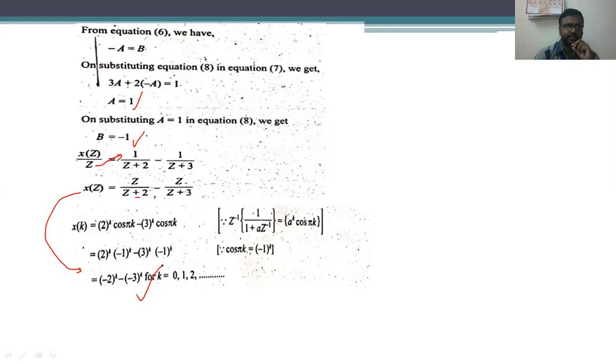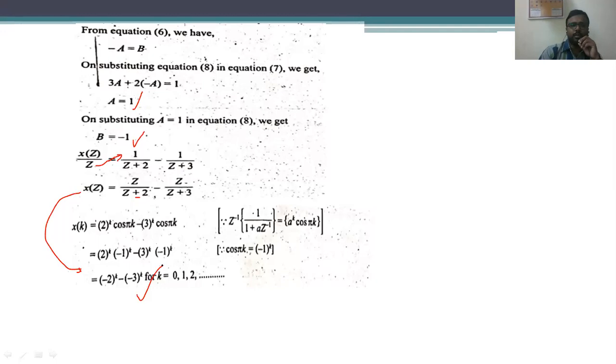For calculating the difference equation, we are going to apply the z transform, and we have to assume or consider the initial conditions, that is x of 0 or x of 1 and x of 2. Okay, so depending upon the requirement, we are going to assume or consider the initial conditions of the difference equation, and later on we are going to obtain the values of x of 2, x of 3. Okay, so in this way we are going to solve the difference equations using z transform.